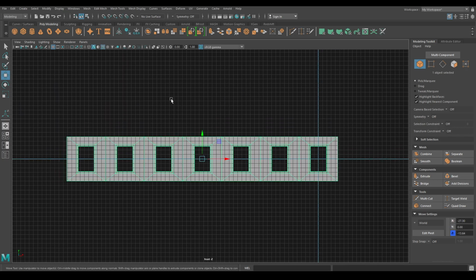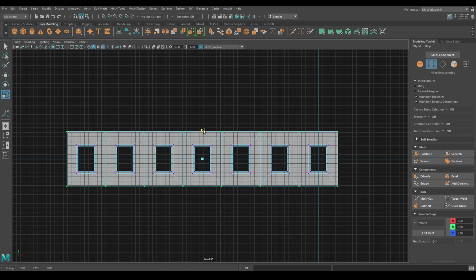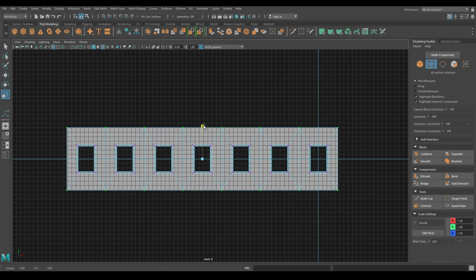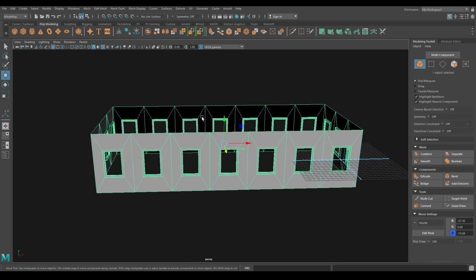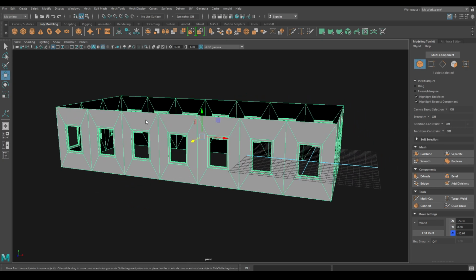Now go to front view and vertex mode, select these vertices, press R to scale and scale them vertically. Now go to edge mode and select these edges, press shift and pull them up to Y axis.